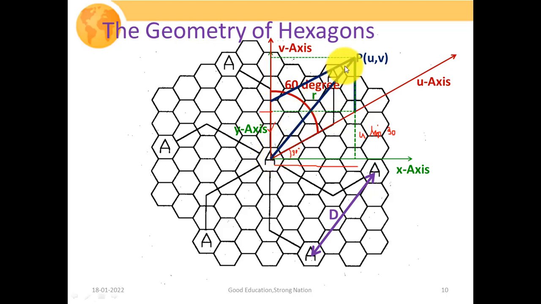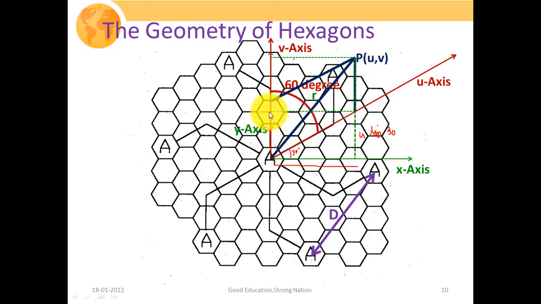If we consider this particular right angle triangle, here this is your x-axis and this is your y-axis, and this particular distance is your r, that is the distance or radius from origin to P. So how are we going to evaluate this r in terms of your rectangular coordinate system, that is x and y? From the Pythagoras theorem, r square will be equal to this square plus this square.